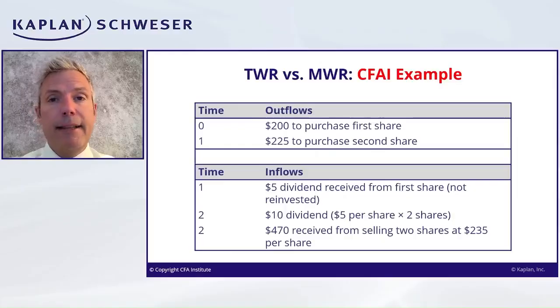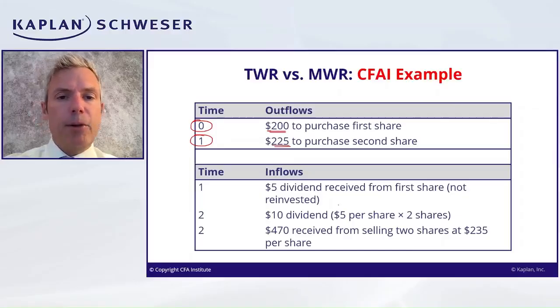that's what happens next. This is actually a curriculum example, a CFAI example, and what we're doing is buying a share at time 0 for 200, then buying another share at time 1 for 225. There's quite a bit going on here when you break it down. You're going to have to double up your cash flows in the second period for the fact you've got 2 shares. In the first period, you're going to have to adjust when you think about holding period returns for your